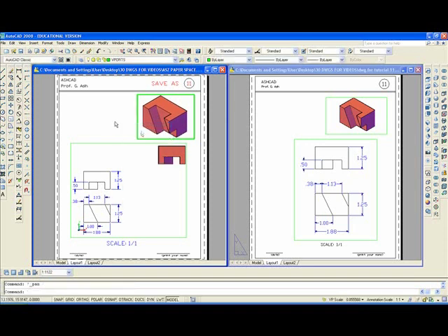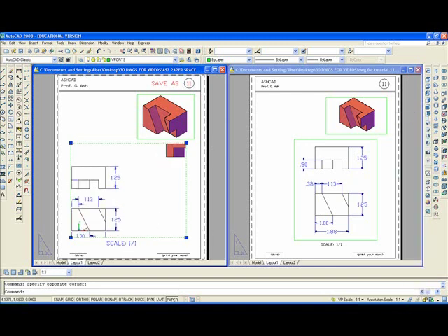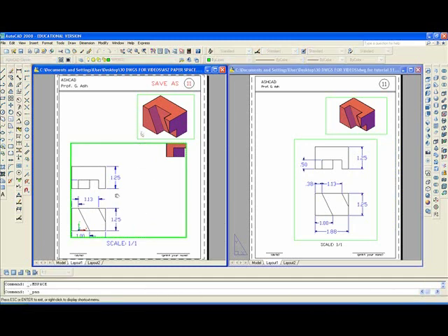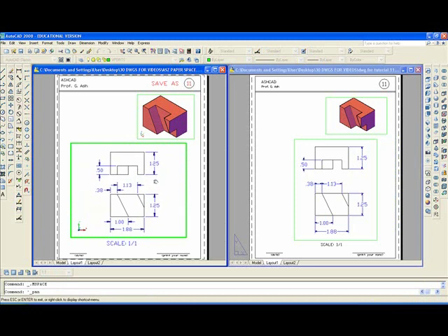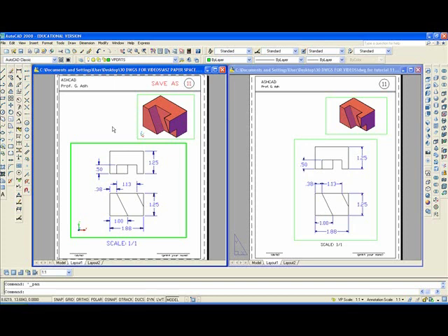You double click outside the viewport, get back into Paperspace. Click on the larger rectangle and set an annotation scale, which should be 1:1. So it made it bigger. Now double click inside and then pan. Remember not to zoom when you're inside in Paperspace. That looks good. So you'll double click outside,